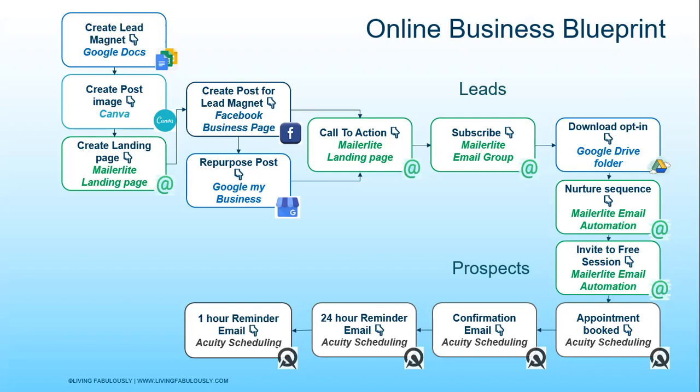If you think this is all too much, you might just stop at the 24-hour email reminder. But the system is built to do these. You can do more reminders, but these are the 2 minimum that I suggest. And then what you do is have the appointment. Now, this is where you've used your Zoom link that has already been set up in Acuity. So it's connected to Zoom, and you use the Zoom link, or you give them a physical address if you're going to do this in person.